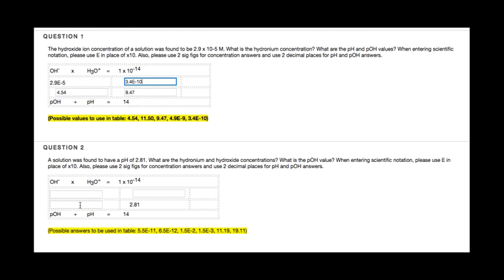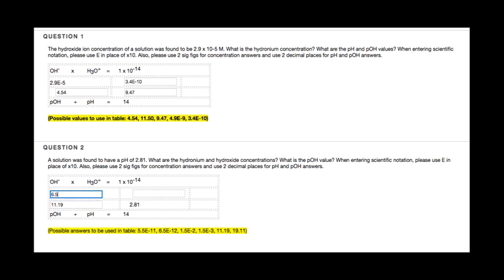Down at the bottom, it's just a similar question, except you're given the pH instead of the pOH. So if the pH is 2.81, then the pOH has to be 11.19. And then you go and you look in the back of your sheets and you say, okay, how do I turn pOHs back into hydroxide concentrations? How do I turn pH into hydronium concentration? And again, we do the same thing. 10 to the negative pOH is going to give us